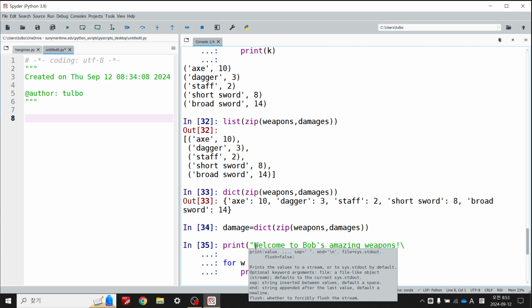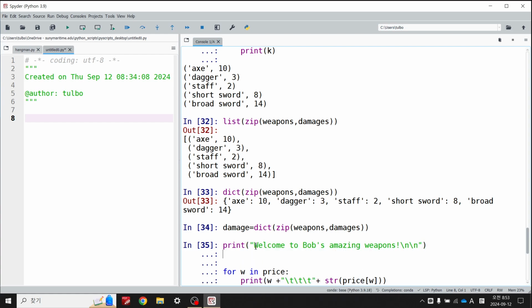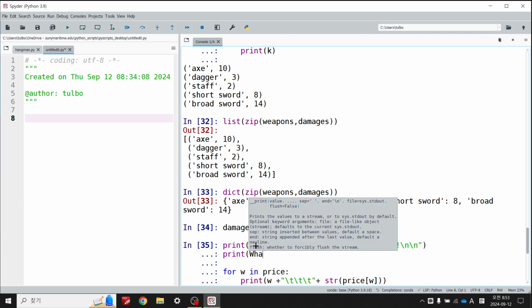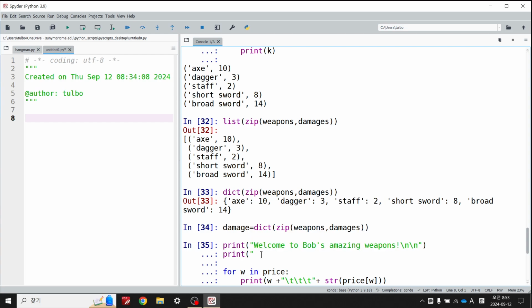Okay, and then \n, and then print, no, I should say print something like print weapon, right? And then \t, and then price, or maybe gold. No, let's say price. \t,